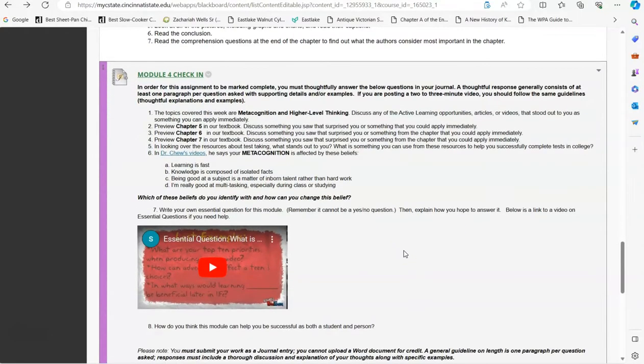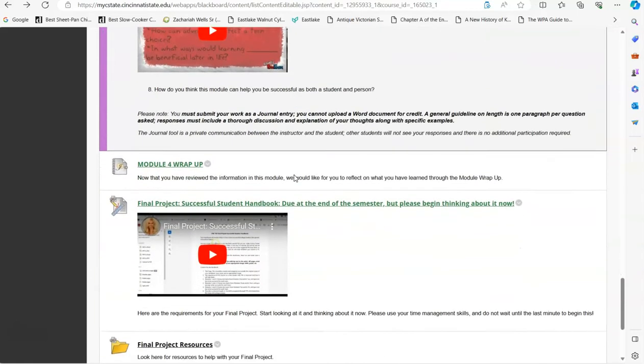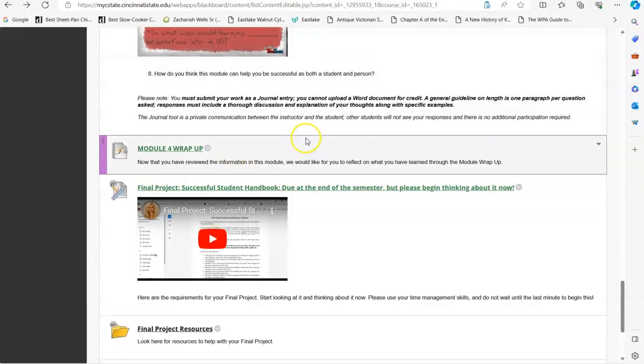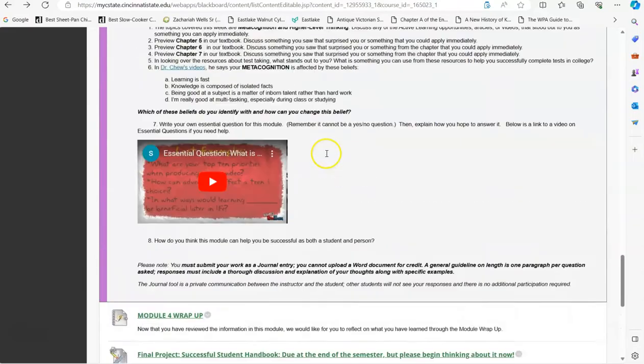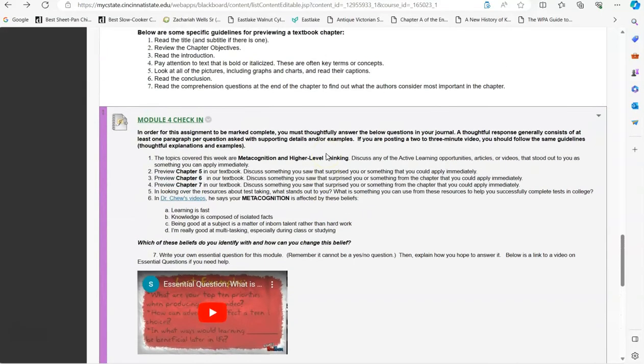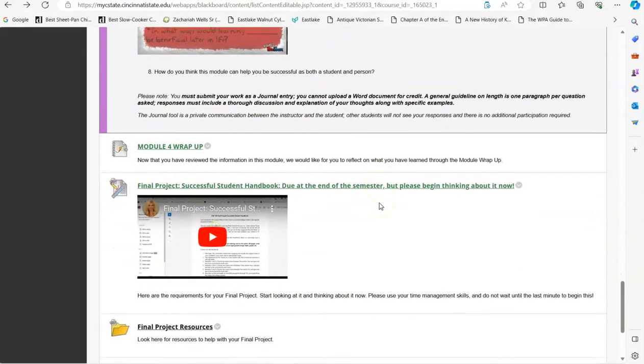You can see right here for this check-in, talk about any of the active learning opportunities, those active learning cycles or articles or videos or something that stood out to you when you went through the topic folders. That is where you're going to get all your information, or when an assignment asks you to talk about metacognition or whatever,